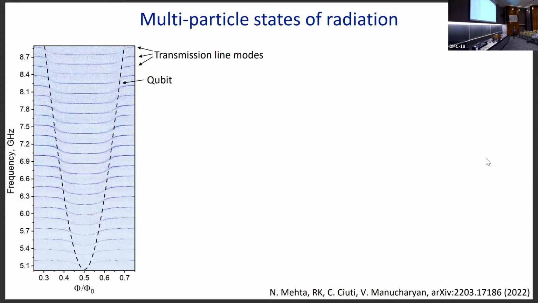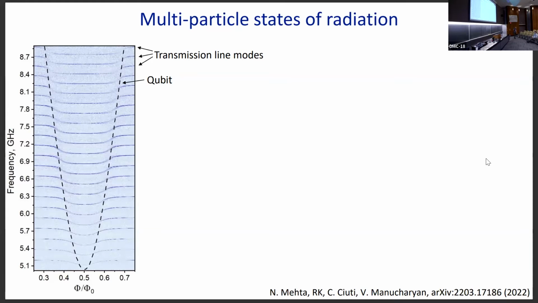But when you tune the flux, you change the resonance of the qubit, and you will see that these modes become disturbed. So they shift. There is some elastic shift, and this shift is introduced by a qubit transition, which is coming through those modes. You might also notice that it's not a single anti-crossing, which you might expect if you pass one resonance across another resonance, but many modes shift simultaneously. So it means that the qubit is coupled to many modes simultaneously, not just one.